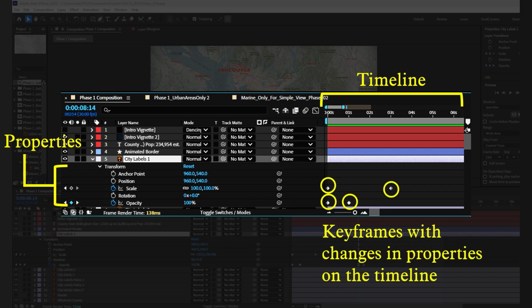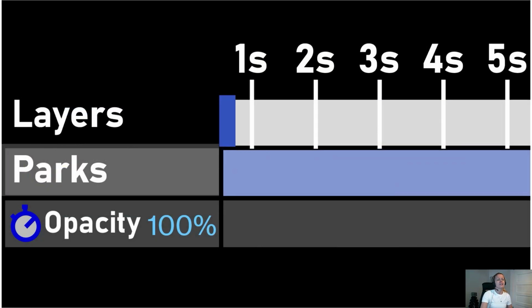To animate a layer's property, you add keyframes at the point on the timeline when you want the property to change. Here's what that would look like if you wanted to animate the opacity property for this parks layer. Typically, when you add a layer to your timeline, the layer's default opacity is 100%. If you wanted to change the opacity of the parks on your map from 100% to 0% over the span